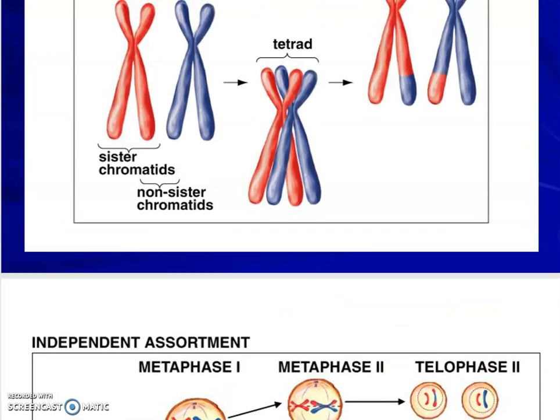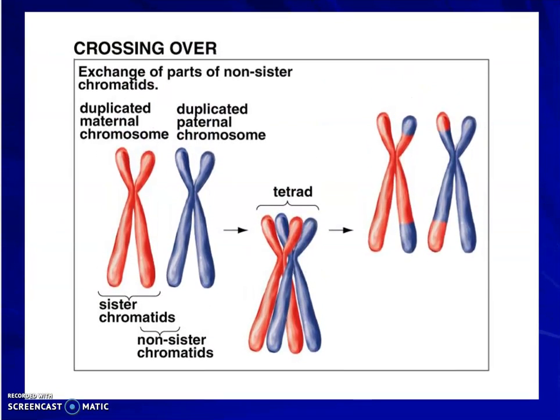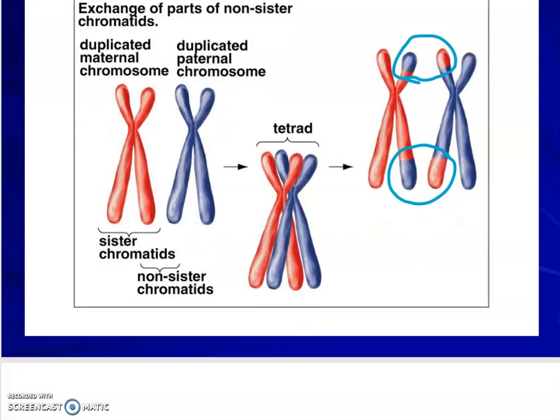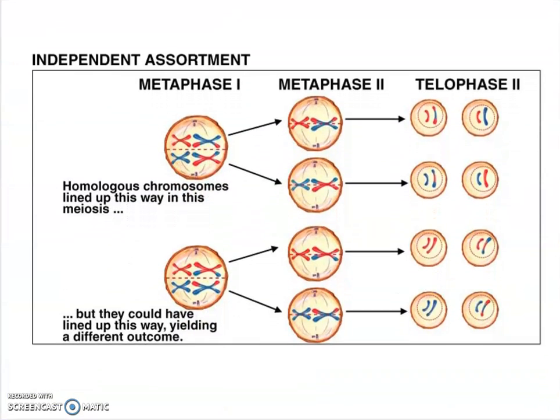Now, in order to enhance that and create even more options for different gametes to form, so genetically different gametes, these pairs of homologous chromosomes can exchange pieces, which happened here. These 2 exchange equivalent pieces, actually twice down here on the bottom too, and that's known as crossing over. So both crossing over and independent assortment are for the purpose of genetic variation. And you can see here